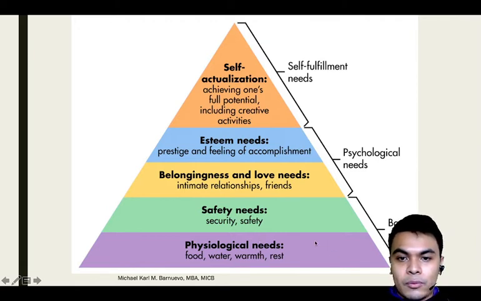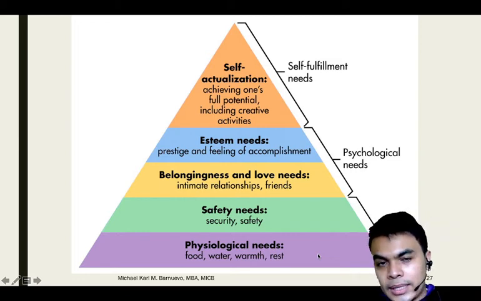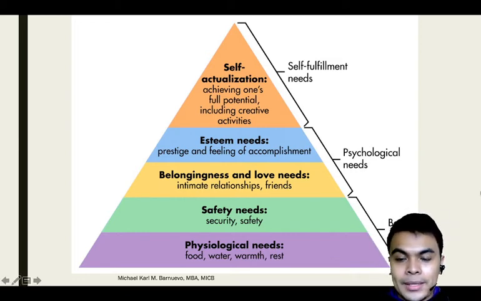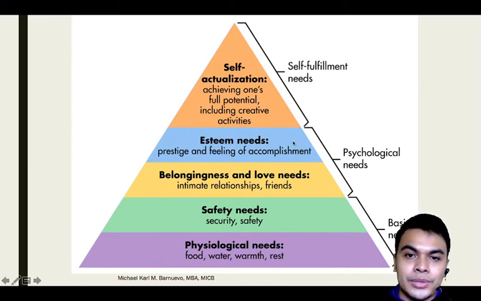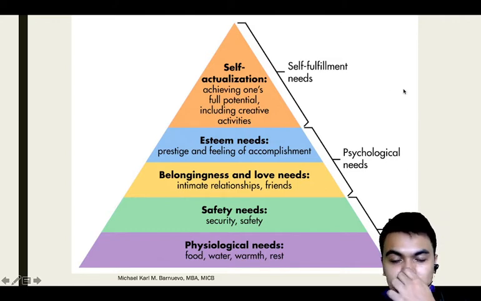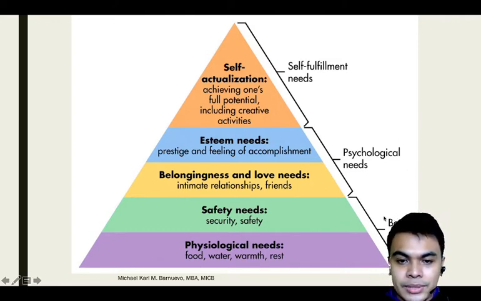According to Maslow, we have 1, 2, 3, 4, 5 needs to satisfy, and we should always start from the bottom. Okay? We cannot move on the next level unless the bottom is accomplished or satisfied, sabi nga nila. So, ito pa lang, we need to satisfy first yung physiological needs, which is the food, water, warmth, and rest. And if we will try to relate it dun sa ating social class earlier, usually if your social class is higher, mas higher din ang needs mo dito sa hierarchy of needs. But if your social class is lower, lower din ang needs mo dito sa hierarchy of needs.